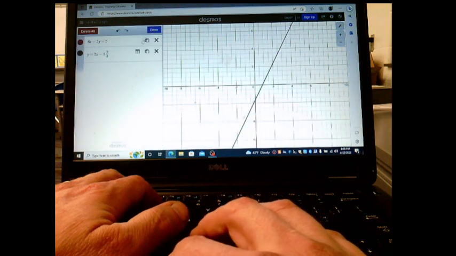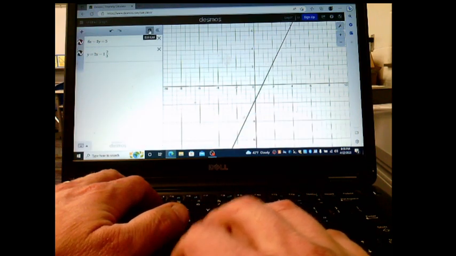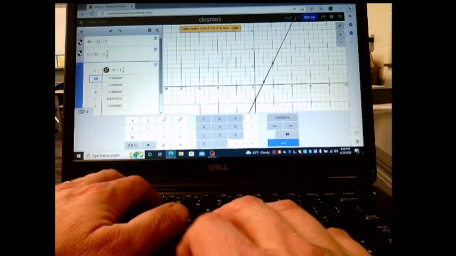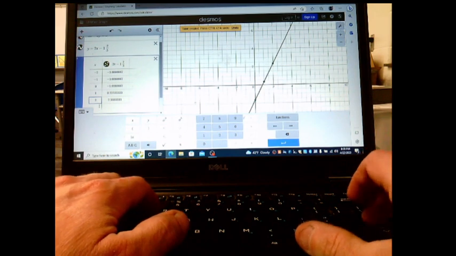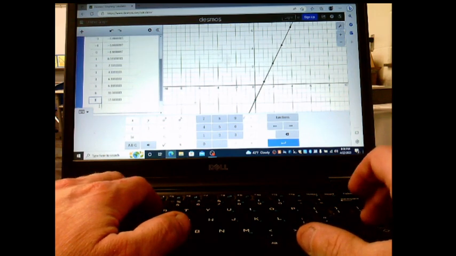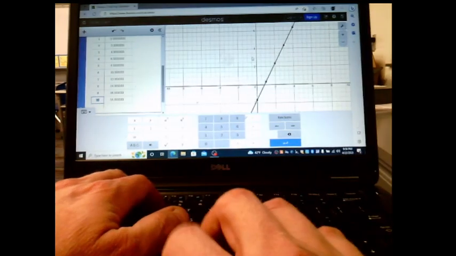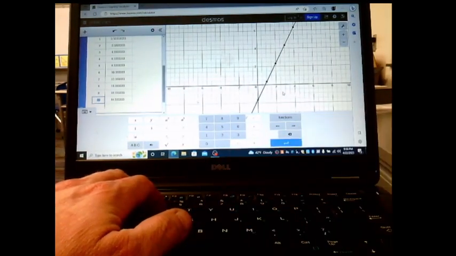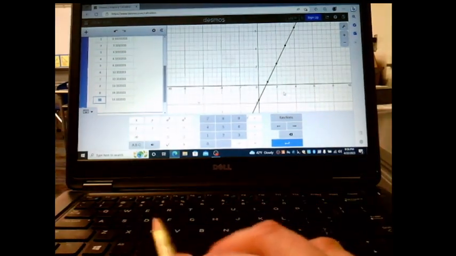Okay. Now watch this. One thing you could do is use your table function. You see what I did there? Desmos shows you a table function, and you could actually find some whole numbers, I'm pretty sure. Maybe not. I would have thought that it would have given you a whole number to place it on. Anyways, if I go ahead and find what is the slope of a line after the dilation, let's go back